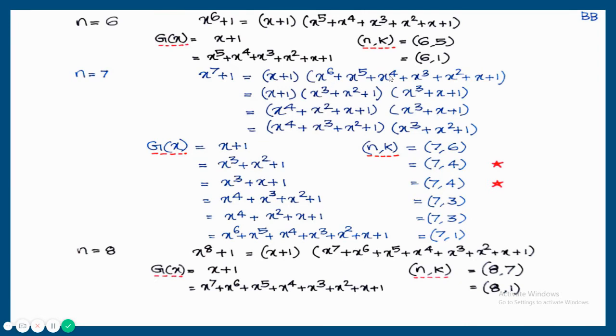Then the last polynomial can be used. Number of parity bits are 6. Like the previous cases, we'll get 7, 1. In 7, 1, 1 will be transmitted with 7 ones and 0 is going to be transmitted with 7 zeros. I'm showing one more example. n is equal to 8. That is, x raised to 8 plus 1 is going to be factorized. The factorization result is written here. There are only two cyclic codes: 8, 7, that is even parity check bit code, and 8, 1. 8, 1 is complete ones and complete zeros.